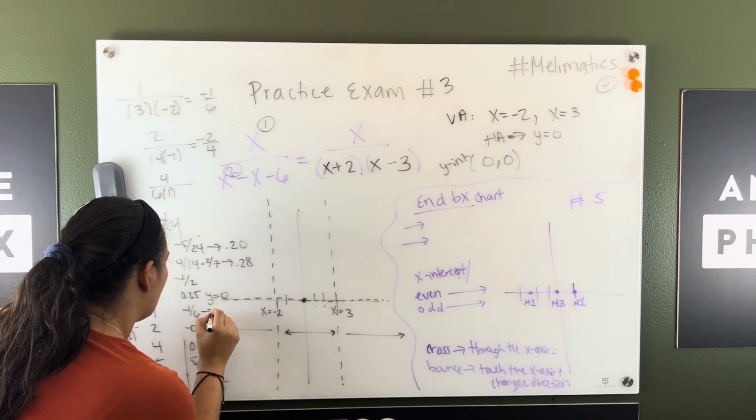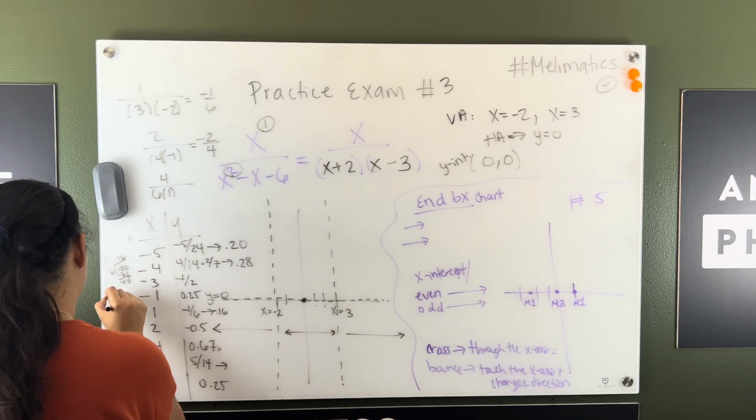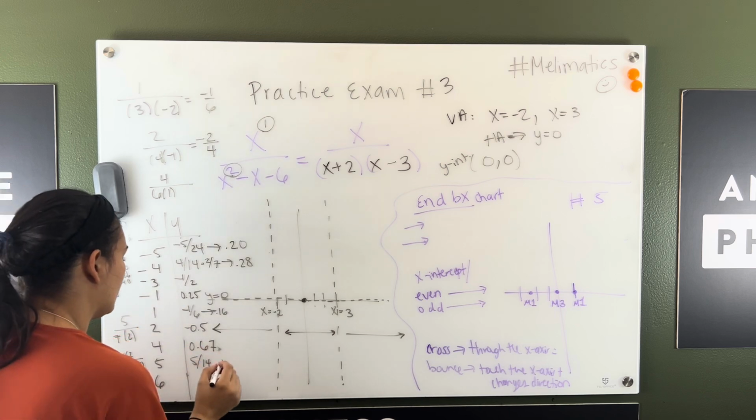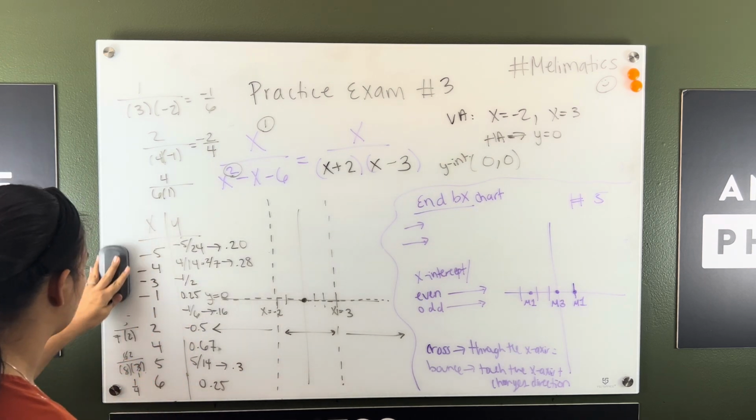Oops. And 5 over 14. Yeah, I do things like this sometimes. 0.3 something. Okay, of course, if you have a calculator, it's going to take less time and you're going to